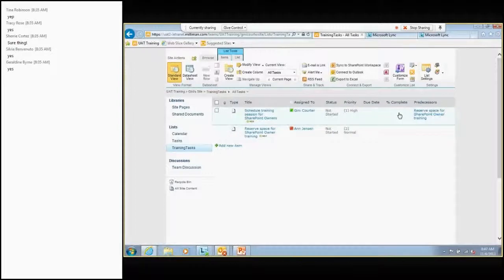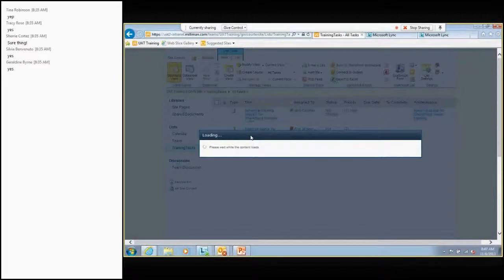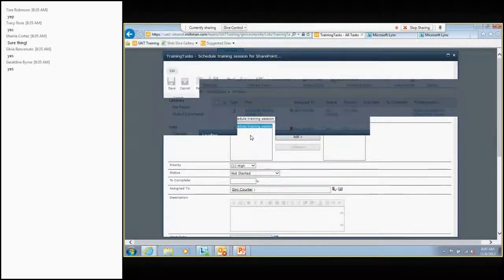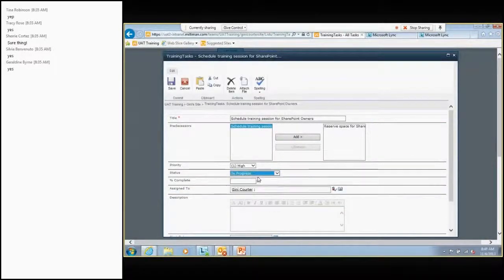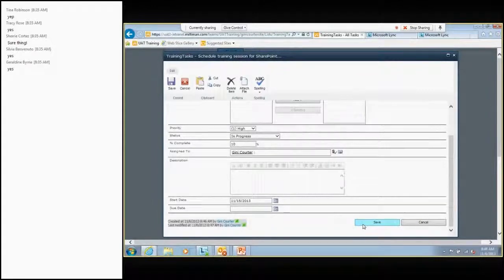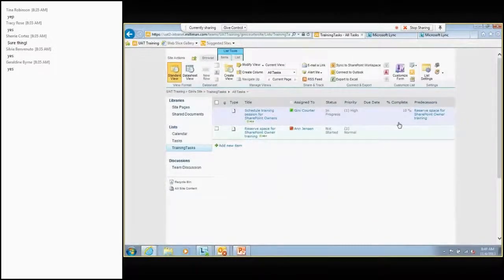So if I have my task partially completed, I can either edit these again. I've been sort of showing you a two-step where we review first and edit, but we can go directly to edit item, and I can say, you know, I've actually started a little bit of the work on that. It's in progress, and maybe it's 10% complete, because that's what I can do while I'm waiting to find out about other things. And notice that it updates here, and it shows as in progress,